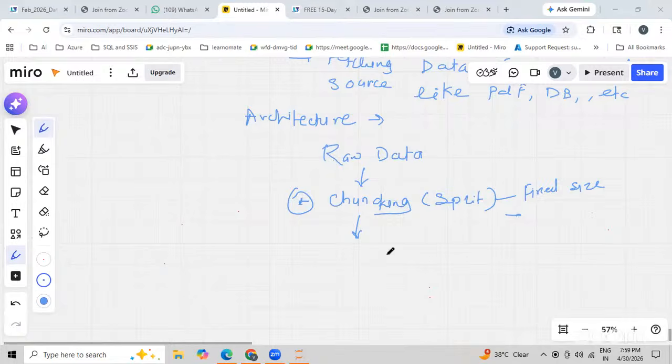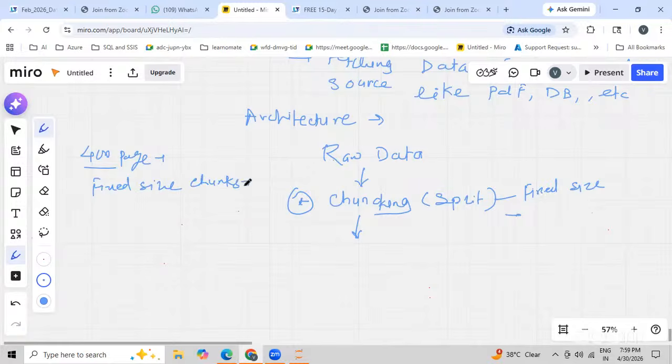Because if I provide you a 400 pages book and ask you to please read it at once, it is not possible, right? So the same thing applies in a RAG, in an LLM also. Suppose it is 400 pages. If I use the fixed size chunks method, suppose I put the fixed size as 1000, it means my first chunk